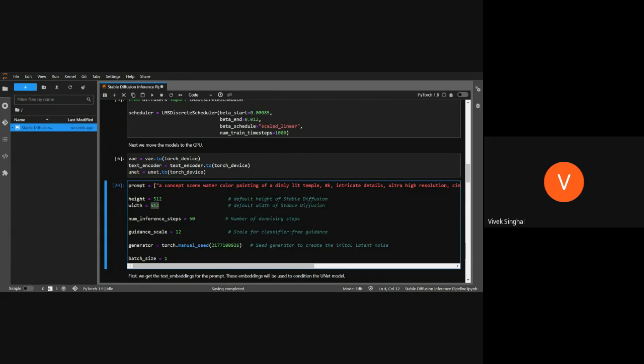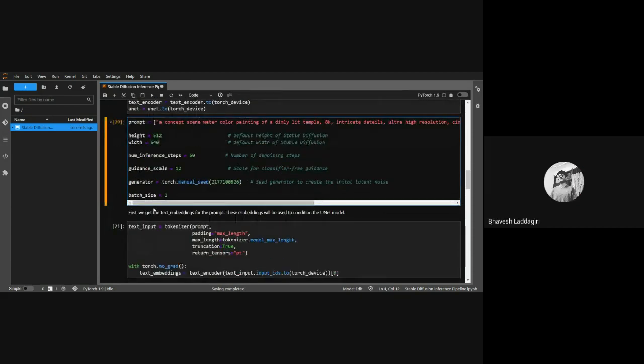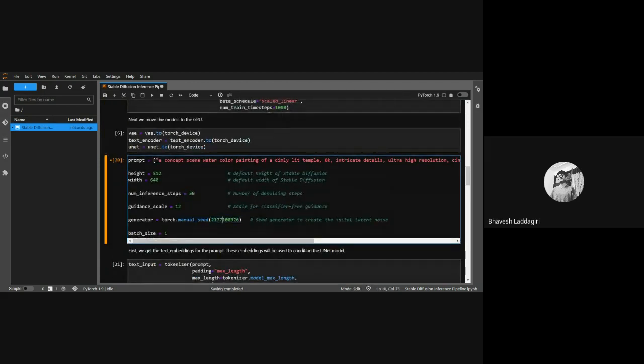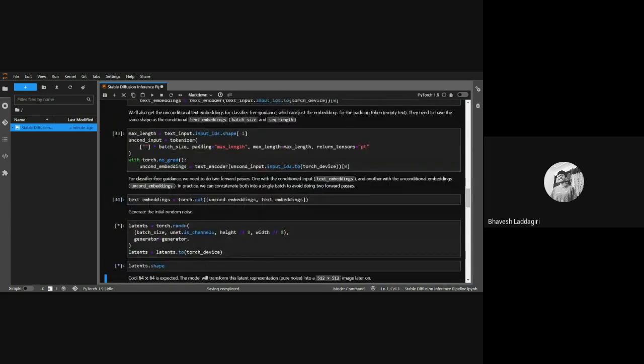Bhavesh, one thing which is bothering me is all of us are getting a similar image. Yeah, because we set the manual seed here, right? We'll get similar, deterministic output because we set the manual seed. Even without changing the manual seed, I changed the height and width, now just the width to 640. And now if we generate it,